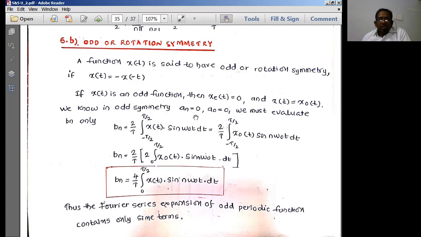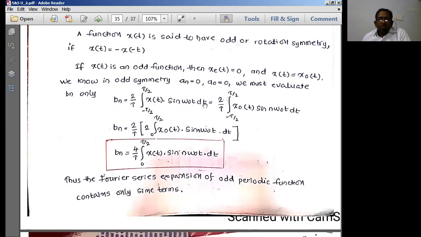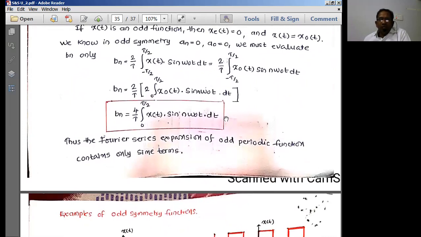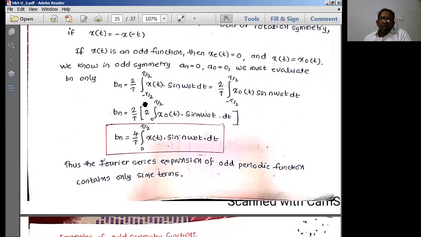So in odd symmetry, an is equal to 0 and also a naught is equal to 0. So we evaluate only for bn. See, two coefficients got simply made equal to 0 directly. How much time is saved in the exam? A lot of time is saved in the examination hall whenever we solve it in quicker time, because finally anyway we have to write the overall Fourier series equation. To write the Fourier series equation, we want a naught, an and bn. That's all. So once we have them, we can write it very easily. So only in 3 steps we are solving this particular problem here.